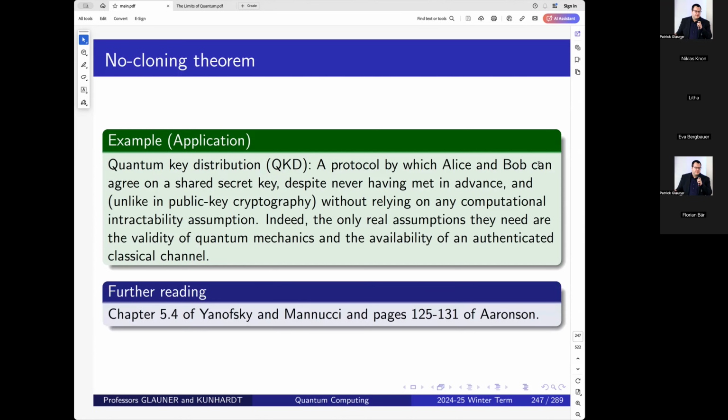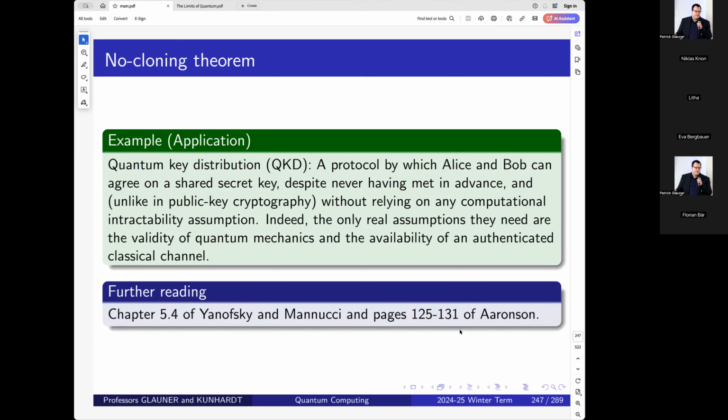Quantum key distribution relies on the no cloning theorem. I'm not talking here in detail about quantum key distribution, because this is probably a topic that some students pick every year for the seminar presentation. And I think in the last few years, there were always one or two groups that talked about quantum key distribution. If you're curious how it works exactly, it's described in detail in the book in chapter 5.4,